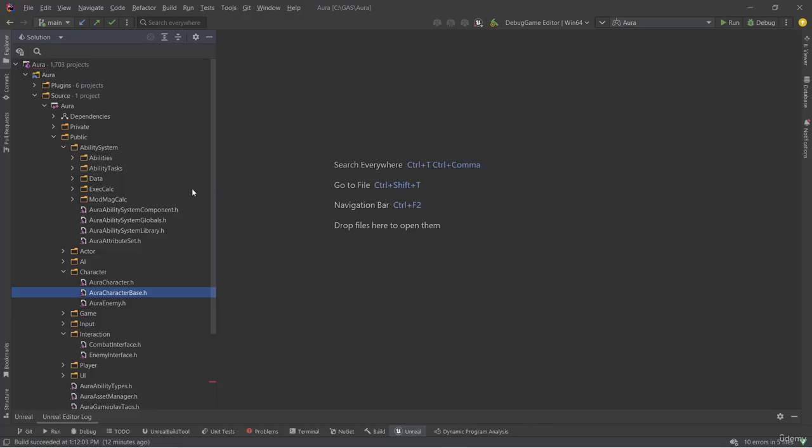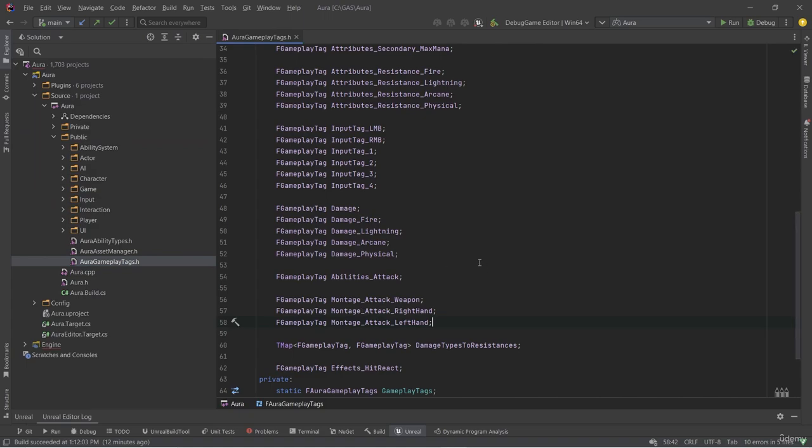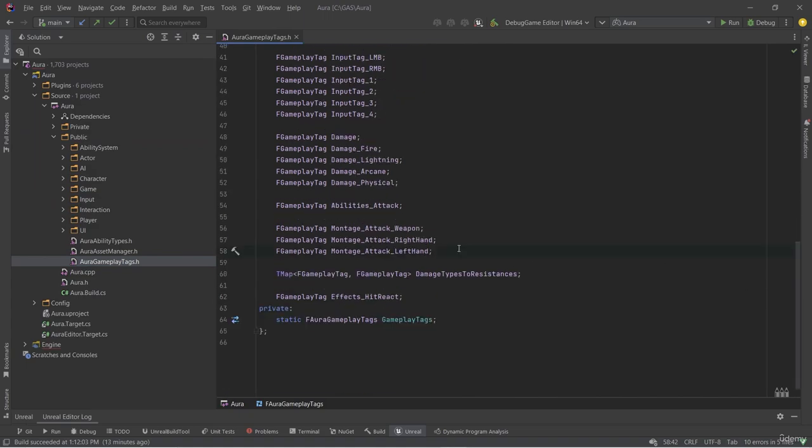Welcome back. Now we're going to need ourselves some new gameplay tags. So I'm going to go into Aura gameplay tags. And we have 3 montage tags, and these are really used to identify combat sockets. They're just closely linked with montages. But now we're going to have montage tags to identify the tagged montages, and combat socket tags to identify the